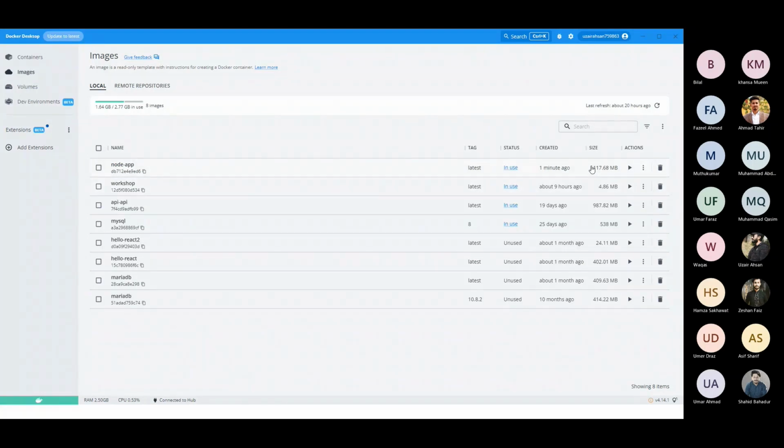इसका साइज आप देखें कि मेरे पास 117.68 MB सिर्फ और सिर्फ एक ऐप डॉट जेएस का। ठीक है, नाउ आई वांट कि इस इमेज का साइज मैक्सिमम लेवल तक रिड्यूस हो, क्योंकि मेरे पास इतना कुछ था ही नहीं। ये तो अभी सिर्फ एक ऐप डॉट जेएस फाइल है। अगर फॉर एग्जांपल मेरा पूरा प्रोजेक्ट है और उस प्रोजेक्ट के अंदर मेरे नोड मॉड्यूल्स भी हैं, मैं फ्रंट एंड के प्रोजेक्ट की बात कर रहा हूँ, और अगर मेरा प्रोजेक्ट खुद ही इतना बड़ा है, तो मेरी इमेज का साइज ही बहुत बड़ा हो जाएगा। ठीक है, और ये आगे फ्यूचर में चल के मेरे लिए मसले क्रिएट करेगा।